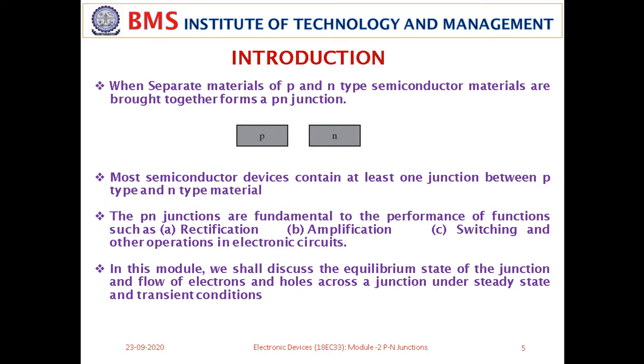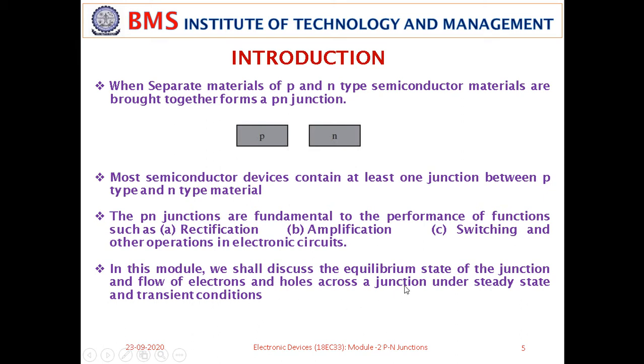When we apply those kinds of functions, you can analyze the working of this PN junction under transient conditions. We are going to check the performance of the device under different temperature conditions and different doping conditions. Those are called transient conditions here. When we change the functionality, that's called transient conditions.